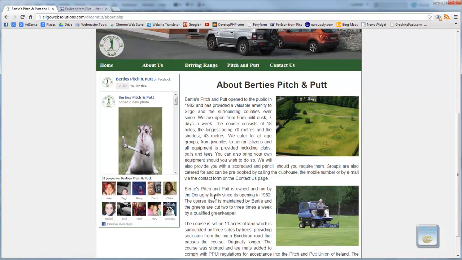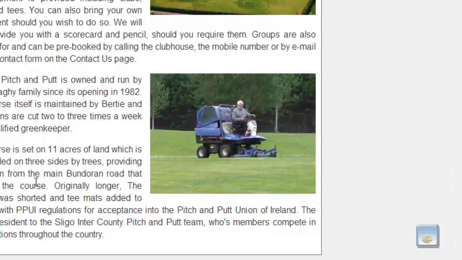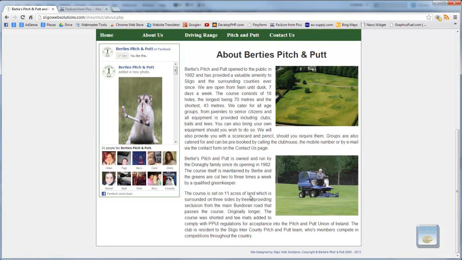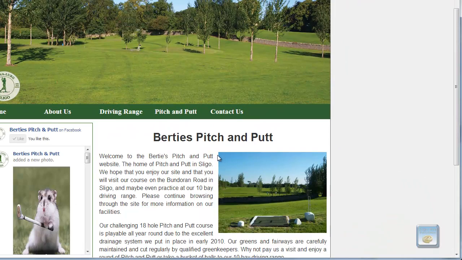And what that title does, the alt tag is for screen readers, and the title is for, if you hover over the picture, it'll actually give a description of what the picture is. So that's what the title tag does, as you can see there, Bertie cutting the fairways. So that's what your title tag does within the image. And because we gave these two an image class, they're actually sitting within the text. And there's one thing I notice here now, and I don't like what it's doing, is it's actually sitting